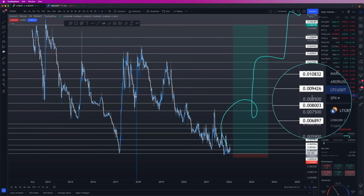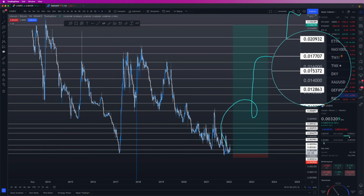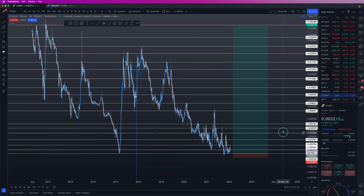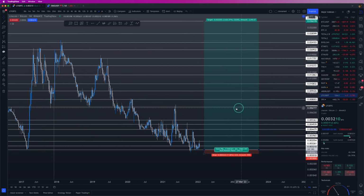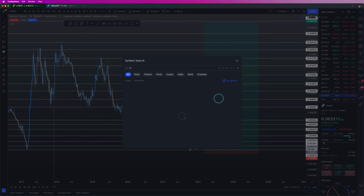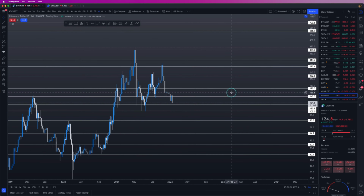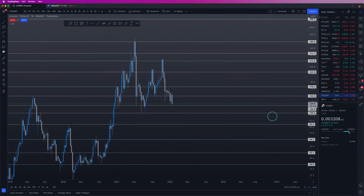But to be honest, all of these white lines that I've just drawn here are good TP targets as well. Feel free to pause the video and mark this down on your own chart because I'm already giving you the exact targets. And if you can't even be bothered to mark them down, there's nothing more that I can do for you. So in order to translate this over to the USD chart, back then in the BTC chart,